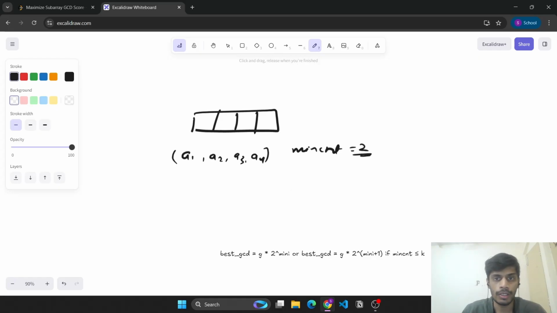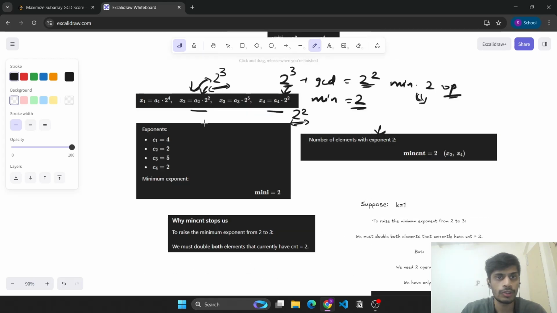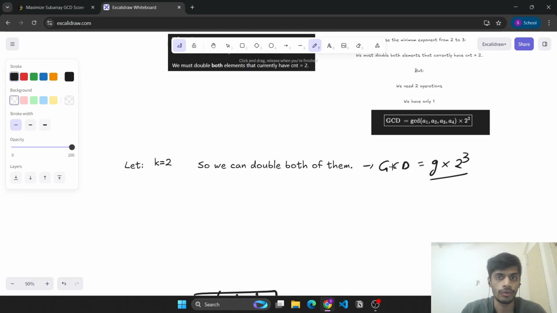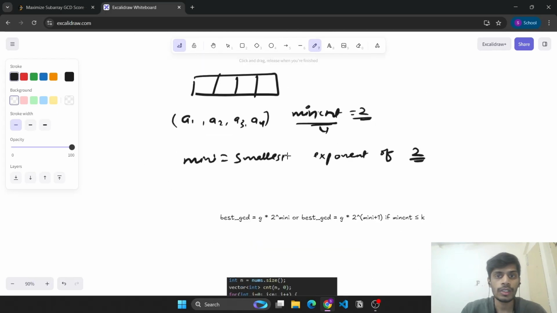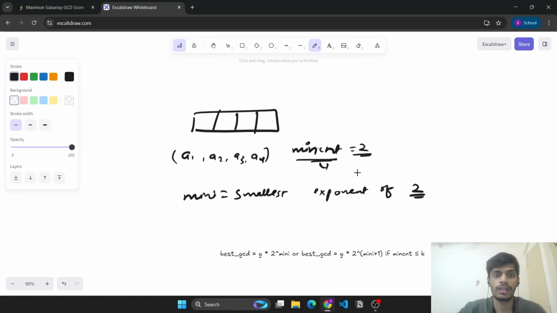So here, mini is the smallest exponent of 2. For example here mini was 2 only, and min count was also 2 because it was present in two numbers. So if we want to increase the GCD, we need to make min count number of minis